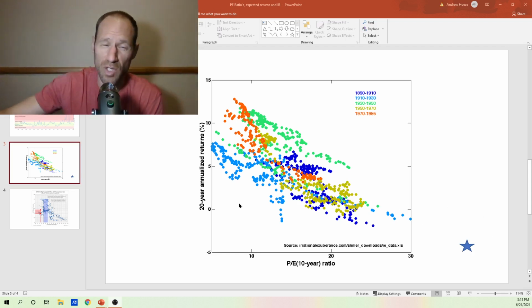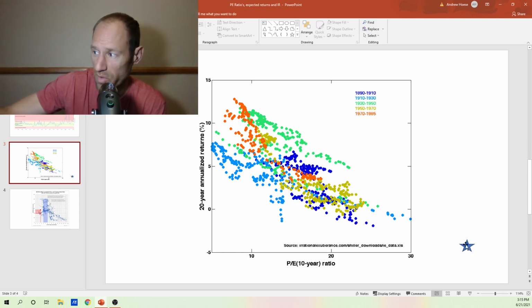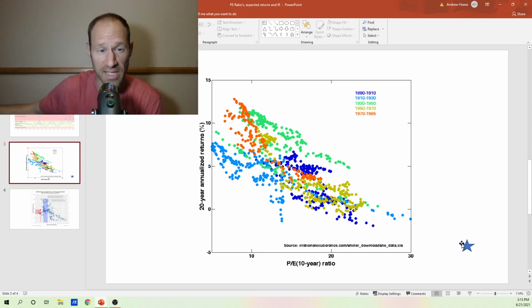More than likely, you're going to see poor performance in the S&P 500 if the P/E ratio is above 40, which means on this scatter plot, where this star is, that's where it's currently at, above 40. You're probably going to be below 0. So more than likely, we're going to fall or move sideways and down.